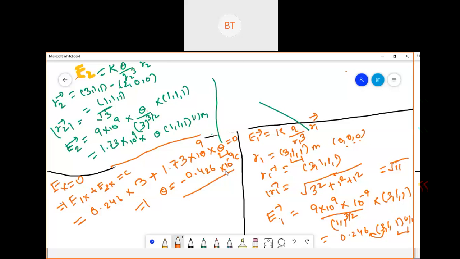If they are asking about a point charge, we need to calculate magnitude as well as direction. For direction, we have to do head minus tail. We have to see the direction of the electric field, either outward or inward. Based on that, we will calculate the direction. After direction, we will calculate magnitude, and after that, we will substitute in the formula. So we get those values for E1, and we had got those values for E2.